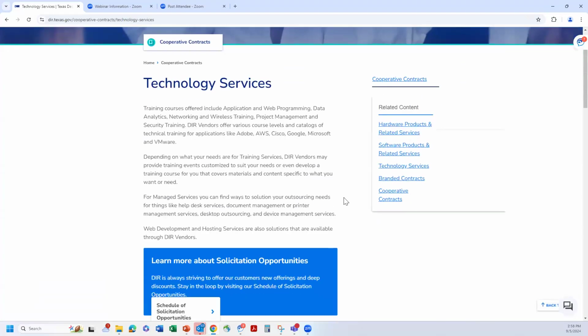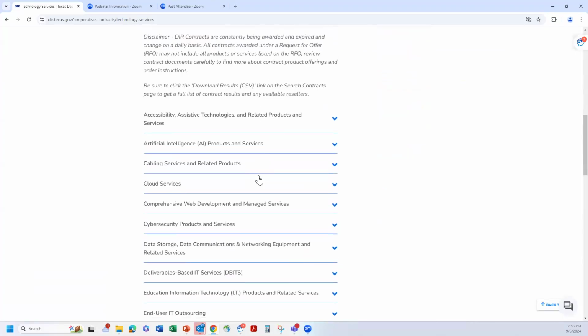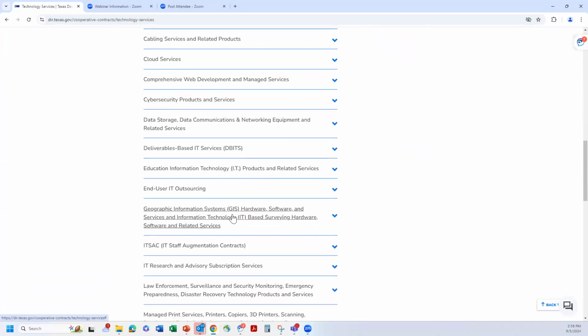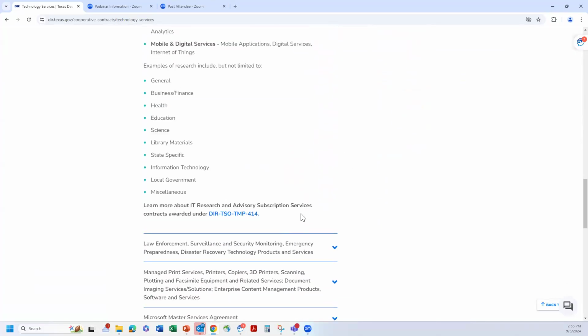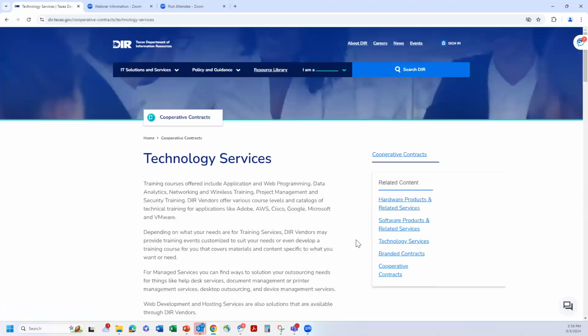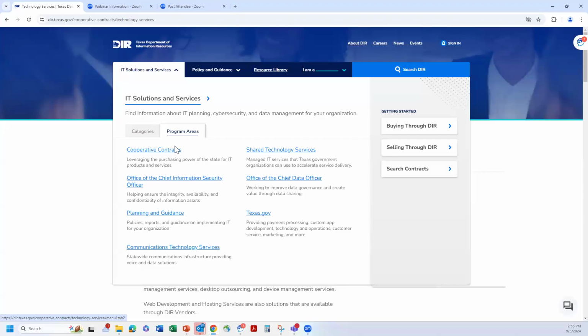If you click on that, it's going to show you the same thing, the categories of technology services. If you're looking for research and advisory subscription services, you can do the same thing and click on that RFO number to pull up a list of vendors. You can also come up here and click on certain program areas. If you're looking for co-op contracts or shared technology services, or if you're a data officer or security officer, you can click on links that are available there as well.